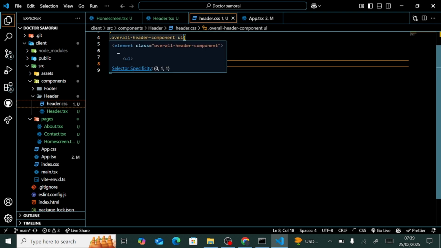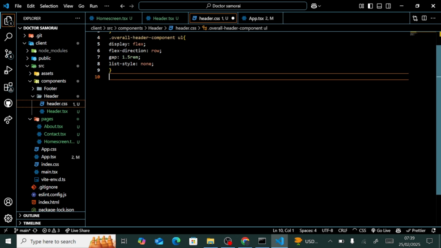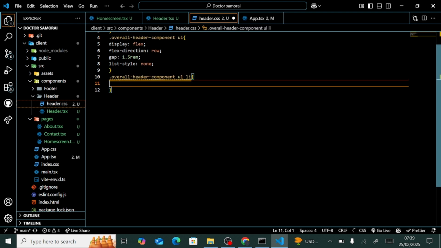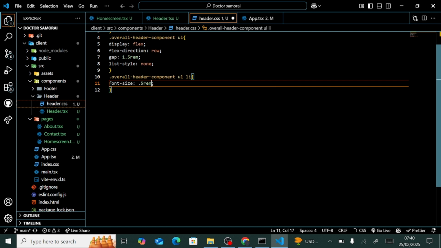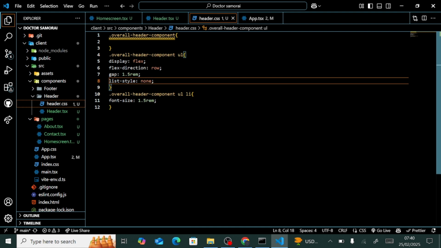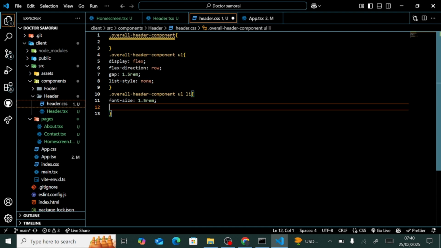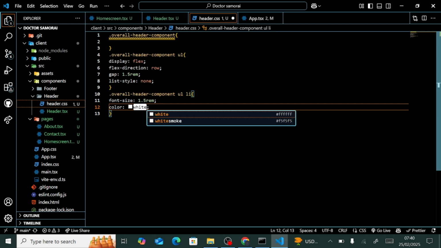basically after that, for every li we can add a font size of 0.5 rem. So this is just very basic. Okay, sorry, that one is too small. Maybe 0.5. Yeah, you can see. Then I think we can make them white in color. White. Okay,